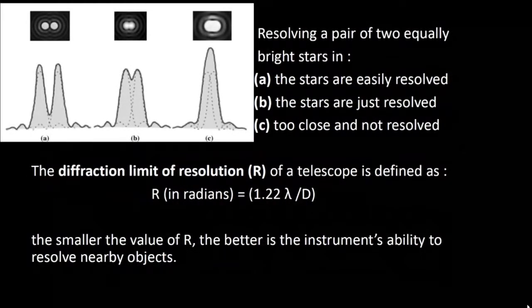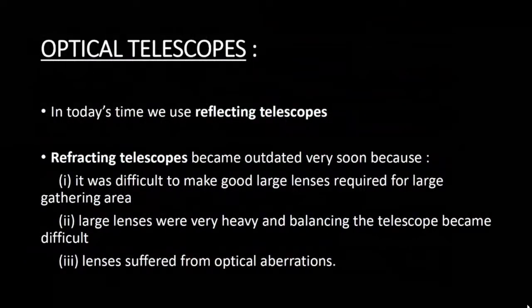Yeah, so here we see the three figures. The first one is when the stars are easily resolved. The second is when the stars are just resolved. And the third one is when the stars are too close and not resolved. So in the first, we can see that they are distinct. The overlapping Airy disks are very distinct, and we can differentiate those. But in the second one, they are comparatively less distinct. So here it has just resolved, and the third being very blurry, we can't even differentiate the two different Airy disks of the different stars. So the next one, yeah. So no. Go to the previous slide.